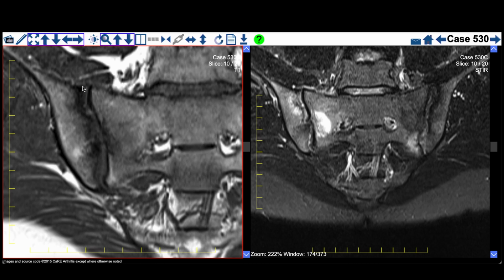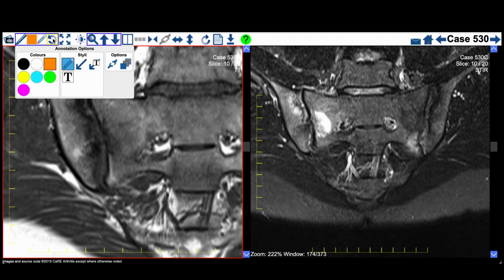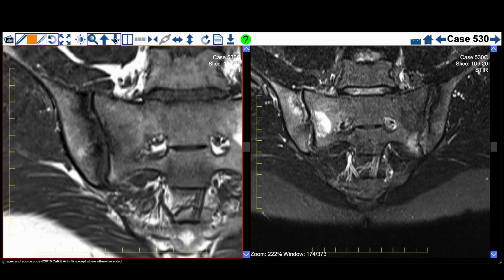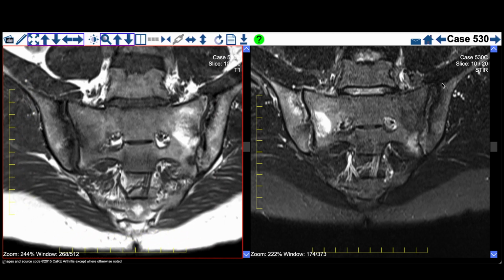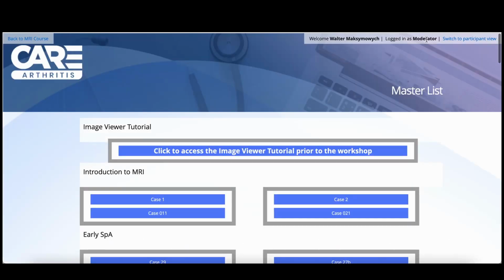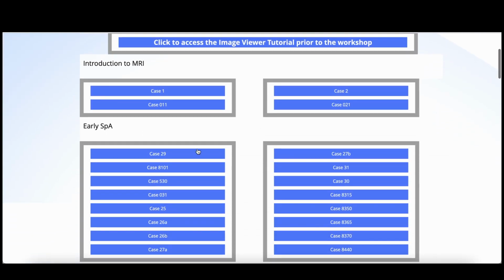And as we look through at the images, we see this very, very irregular iliac cortex. And it almost appears to have a sawtooth appearance all the way down the vertical height of the cortical bone. So this patient now has a very active inflammatory erosive process. So it's very important that we understand the sequence of changes. It's possible for you to do the imaging when the patient only has fat